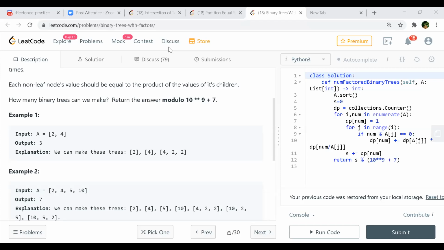Every next number, if you divide by the previous number, you'll get the other number, right? Like 4 is there, you'll divide by 2, you'll get the resultant as 2, and you'll check. I mean, make a set of this entire array. And like you told, we will sort it first and take each number and divide by its previous, like 4 divided by 2. And if you find 2 inside my set, then that could form a tree.